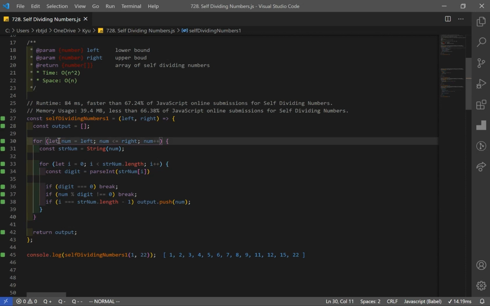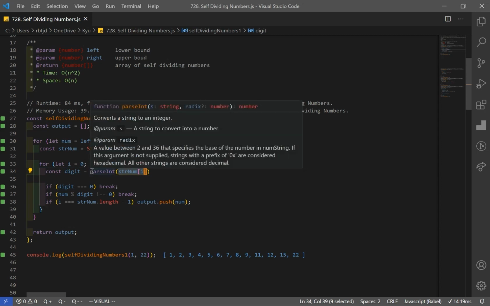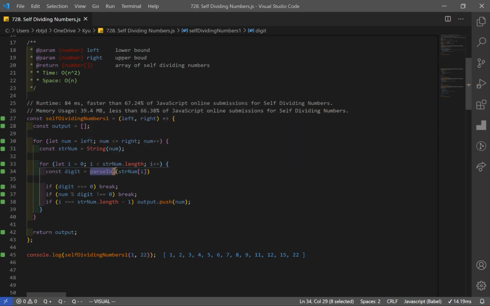Our outer loop is iterating through the bounds of the numbers. So starting at the lower bound, we iterate all the way to the upper bound, and we convert our current number into a string so that we can iterate through and get the digit. And here we got the digit, but in order to make comparisons, we have to first make that string digit into a number. So we use parseInt to do that, and we check, well, is the digit equal to 0? If it is, that means that we can just stop our loop because a self-dividing number is not divisible